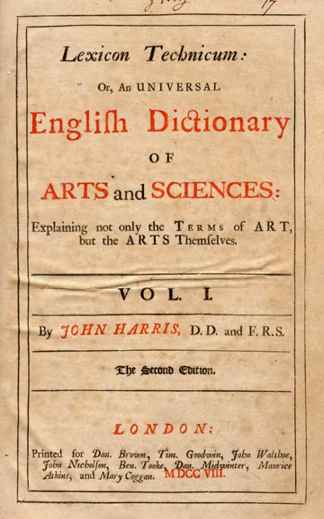Lexicon technicum, or, an Universal English Dictionary of Arts and Sciences, explaining not only the terms of art, but the arts themselves, was in many respects the first alphabetical encyclopedia written in English. Although the emphasis of the Lexicon technicum was on mathematical subjects, its contents go beyond what would be called science